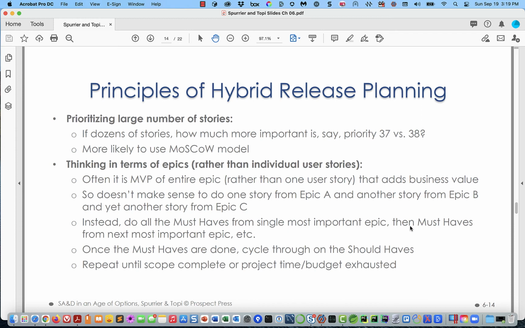So the agile people have come up with this idea that you can take user stories that are related and say that they make up this thing called an epic, or an epic user story. Okay, and that's what they're bringing in here. And they're saying that